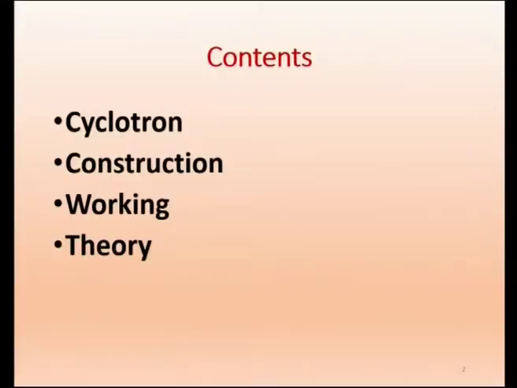So we will proceed with the basic construction of the cyclotron. We will discuss the working principle and also the theory with the physics derivation. In the previous class we discussed the Van de Graaff generator and also the linear accelerator. That has its own limitation. Now this is a different technique: in a linear accelerator the particle moves in a straight line, here it will be moving in a circle. Well, we will just go into the construction and further discussion.